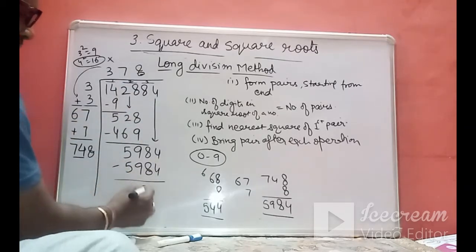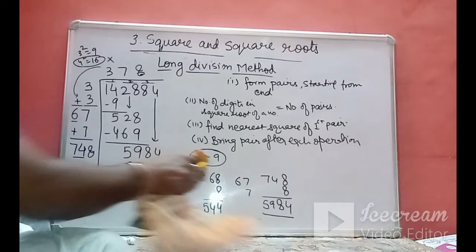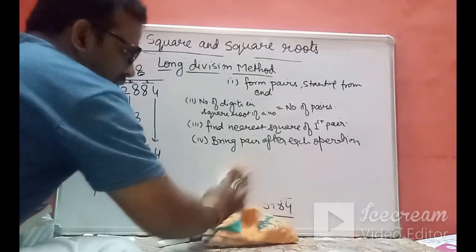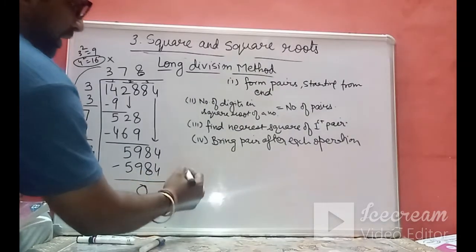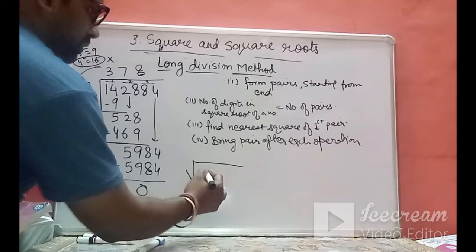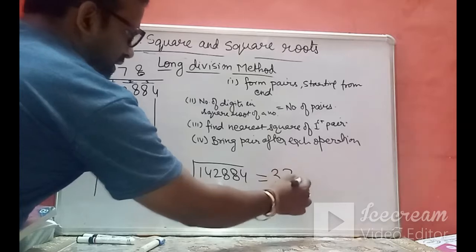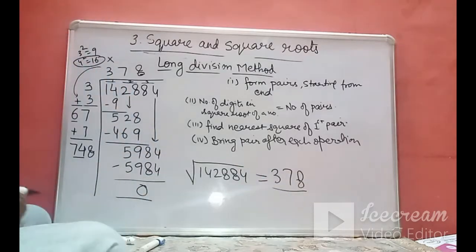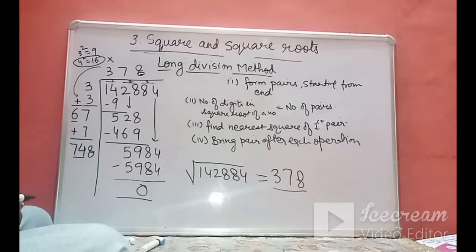So what is the remainder? Remainder is 0. Okay. So these steps we have to follow. And since I got the remainder as 0, so now I can say that square root of 1,42,884 is 378. You can see here a big number is this, 378 is a huge number. So whenever we write the prime factorization, it consists of 378 into 378 like we have written in the previous exercise. So for these type of questions, this long division method is very helpful.